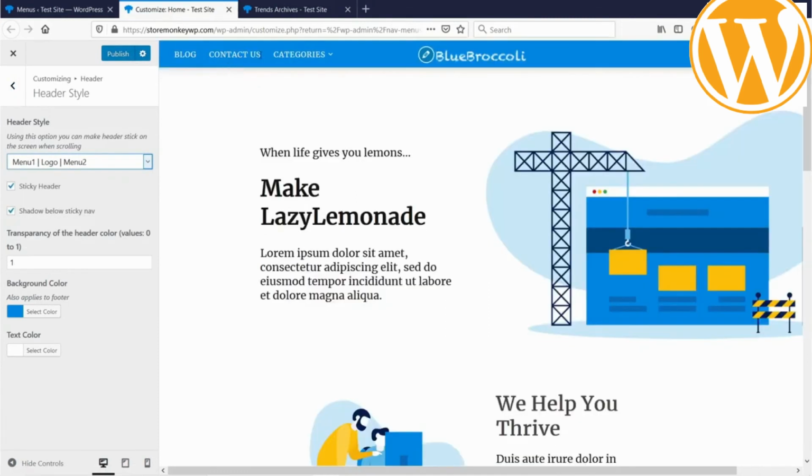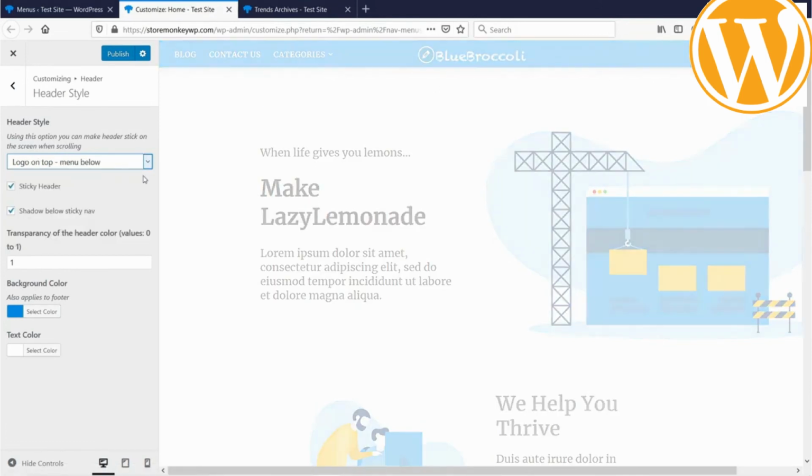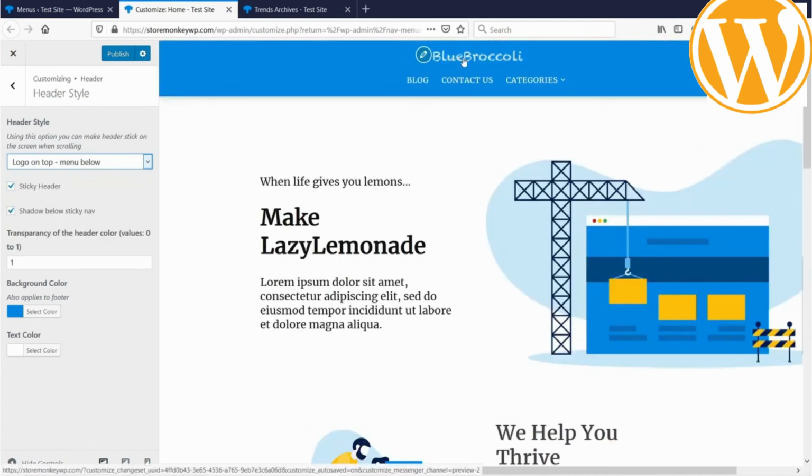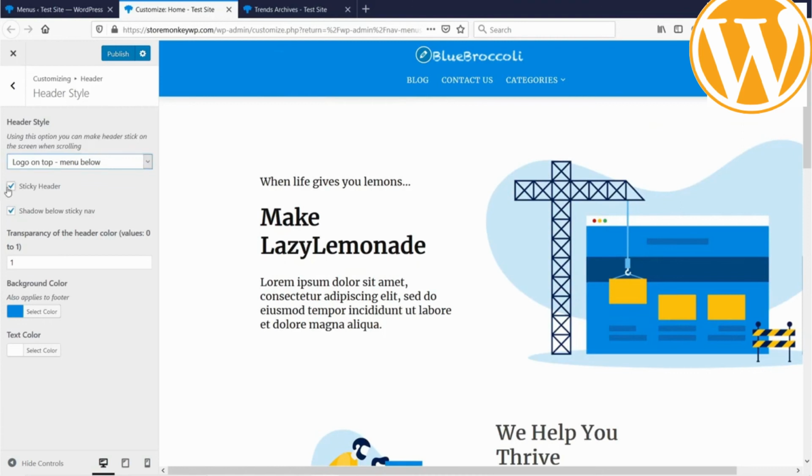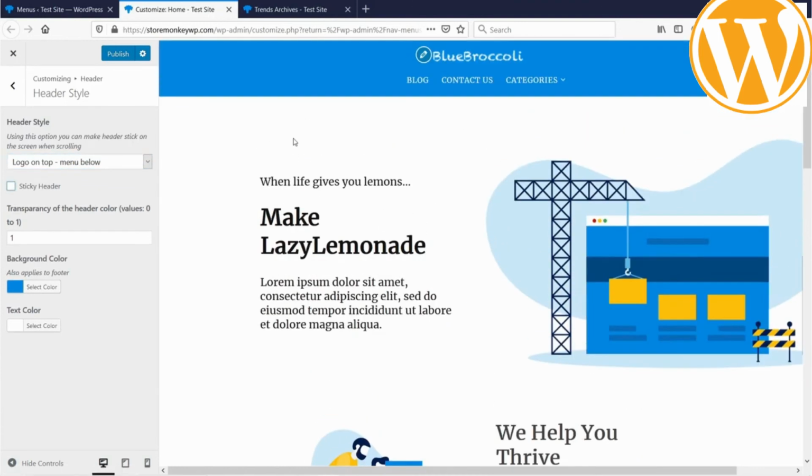Now our menu items are on the left. If you want our menu items on the right or center, you can do it from here. By default there are some options here, just select your option and after that just click on Publish.